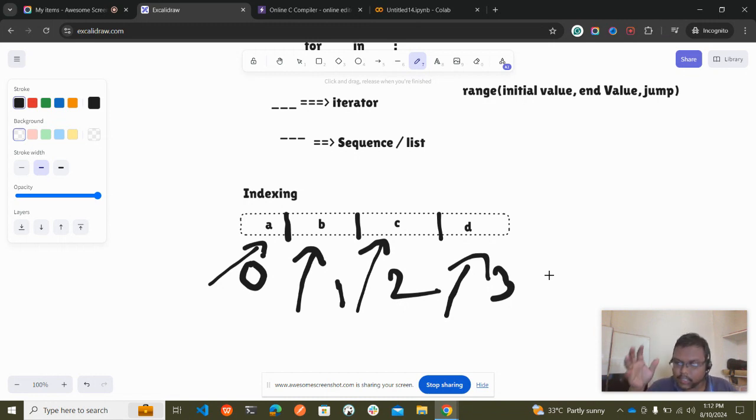In a list or tuple or anything that is a sequence, the sequence starts from index 0. You can modify it to start from 1 also. In certain programming questions they will ask you to start the index from 1, so we can do that also, don't worry. But for the time being, what you need to learn is that Python is a zero-based index language, which means everything in Python, such as a list, starts from index 0.